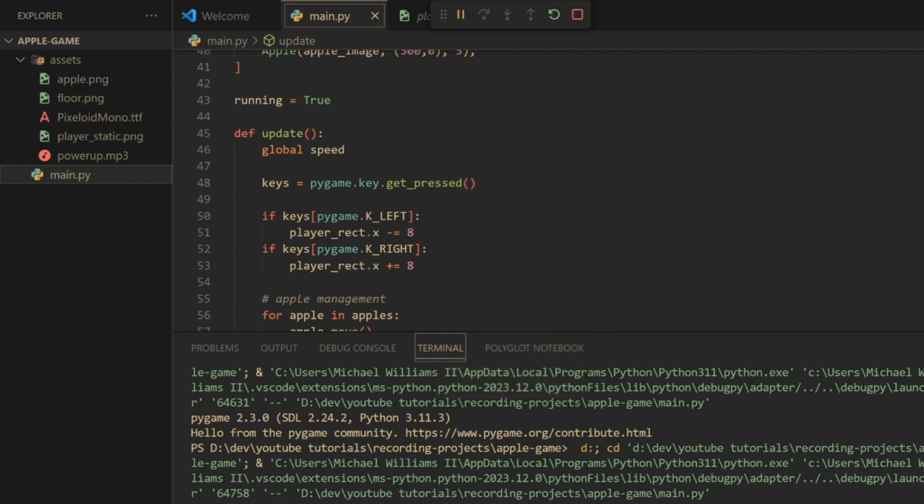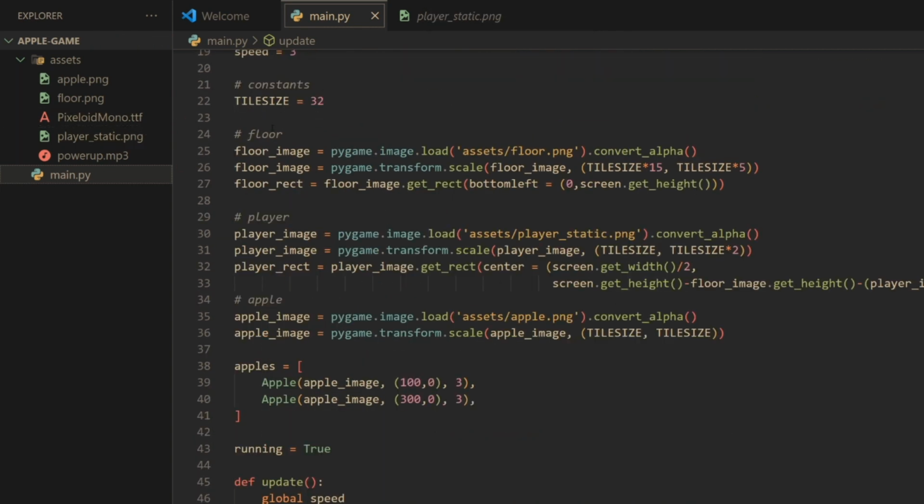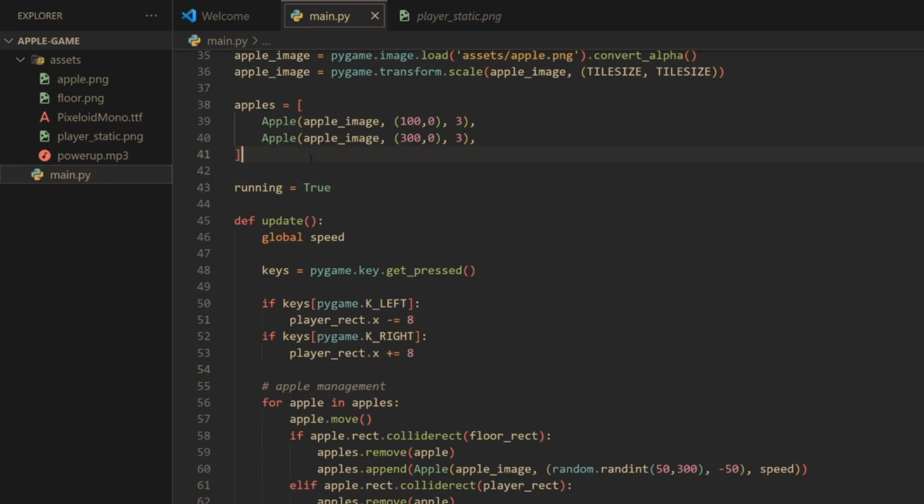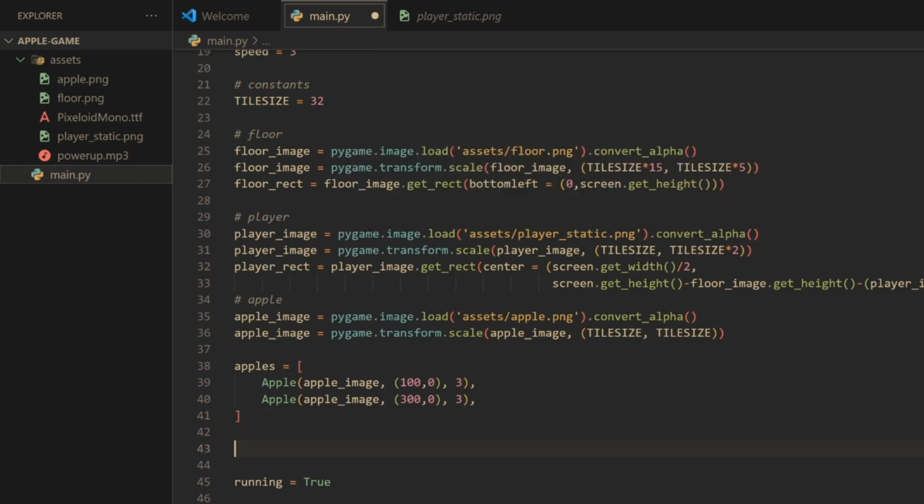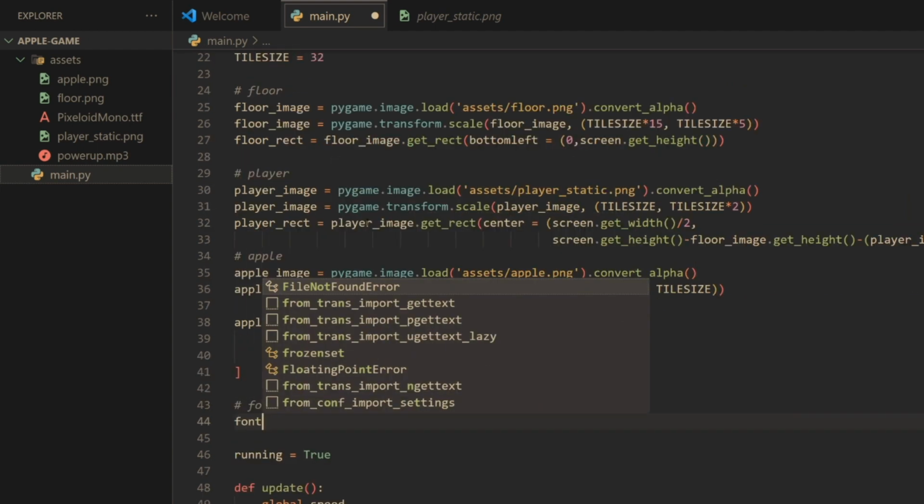All right, so now let's add a score to keep track of our score here. For this, we're going to be using the Pygame font. So let's go ahead and make a new section for this. I'm just going to put mine below where the apples are. I'm going to put a comment here, and I'm going to call this our fonts. And then I'm going to do font equals